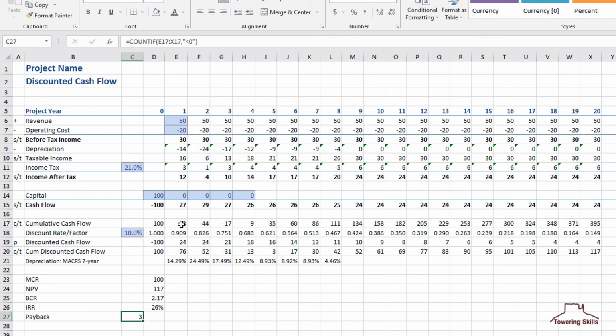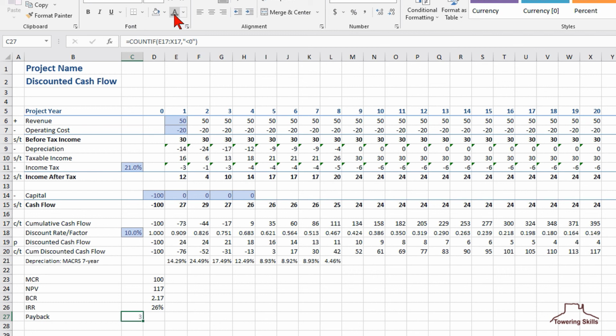This formula calculates the years where the cumulative cash flow is still negative. Note that the formula starts in year 1, not in time 0. We'll format cell C27 in a light gray font, the reason being the value is a helper value.